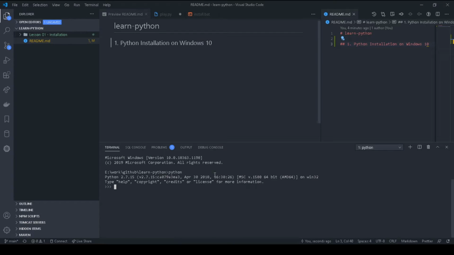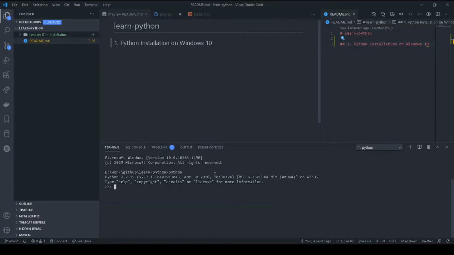Yeah, Python is working, but it is showing 2.7.15 because I have already installed an older version of Python, so by default it is showing 2.7.15. If you didn't install Python before, then you can access your latest Python just by typing Python.